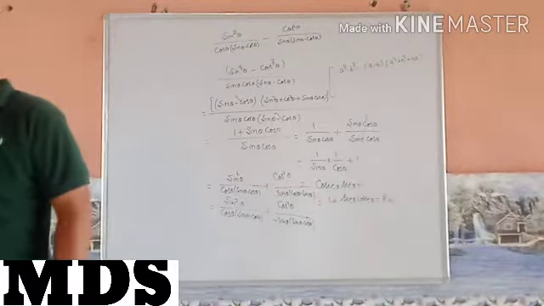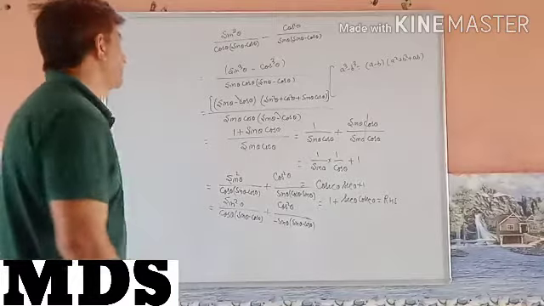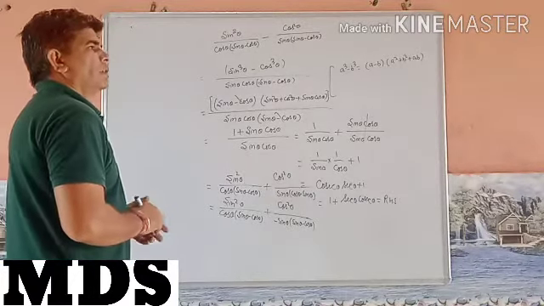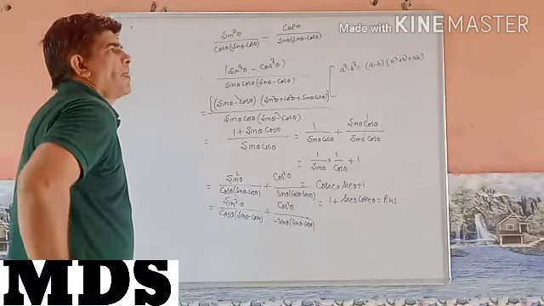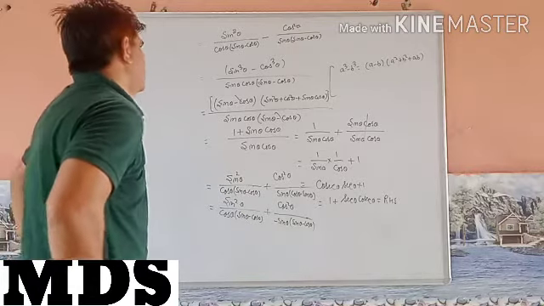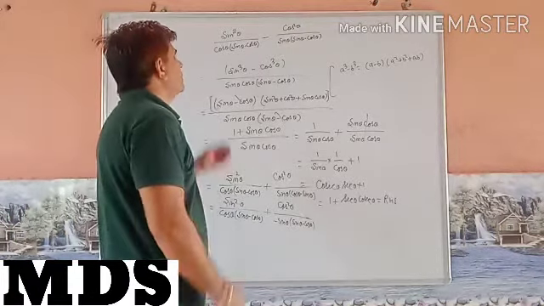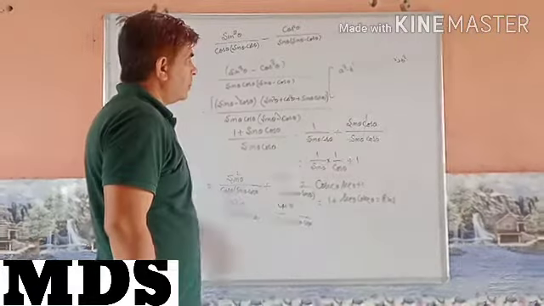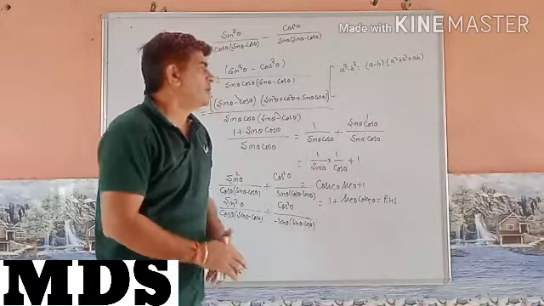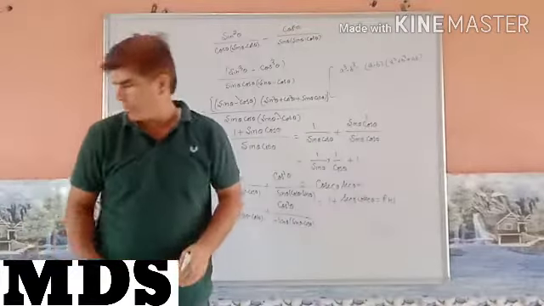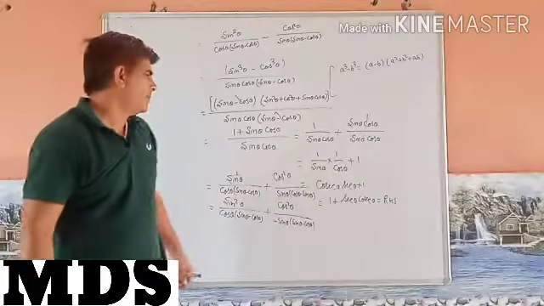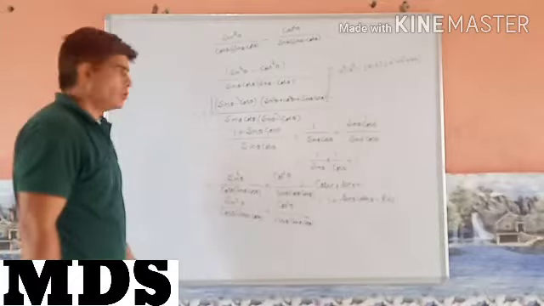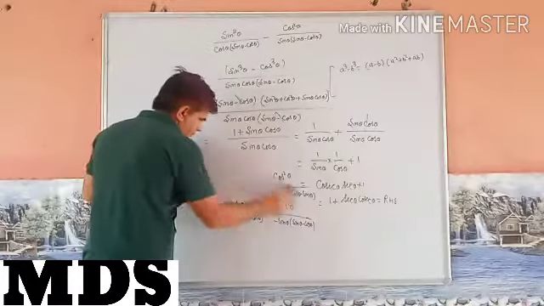What you have to do in this is simply first convert into sin and cos, and after that take LCM and then apply the formula a cube minus b cube is equal to a minus b into a square plus b square plus ab. Understood?